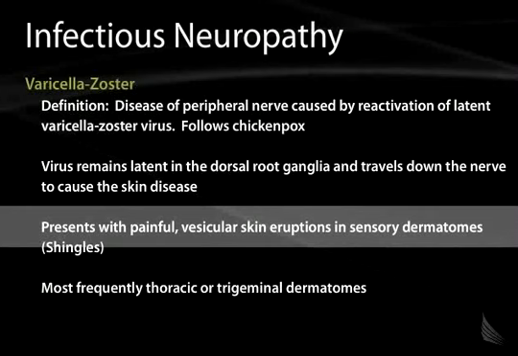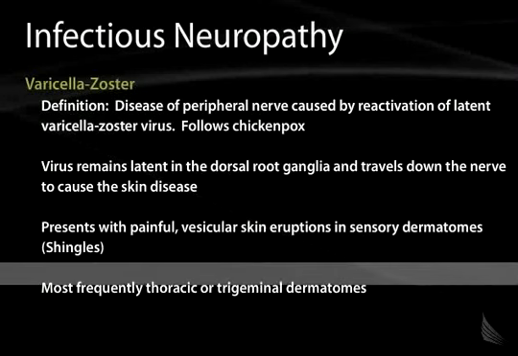That is, that there is so much trauma to the nerve based on the shingles that the nerve no longer functions properly and gives you a constant irritation and painful sensation. It's called post-herpetic neuralgia because VZV falls within the herpes virus family. Most frequently, this disorder occurs in the thoracic and trigeminal dermatomes, either on the face, in the back, or on the chest. And as mentioned, it resolves usually without any problems, but can have that post-herpetic neuralgia as its sequelae.